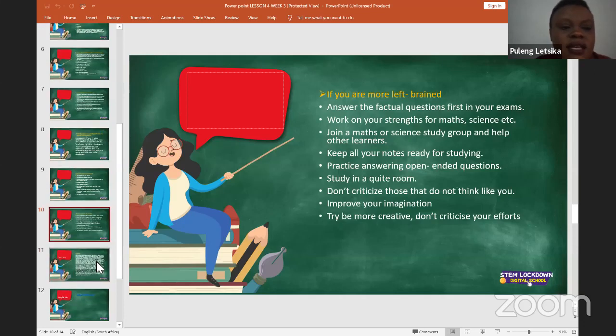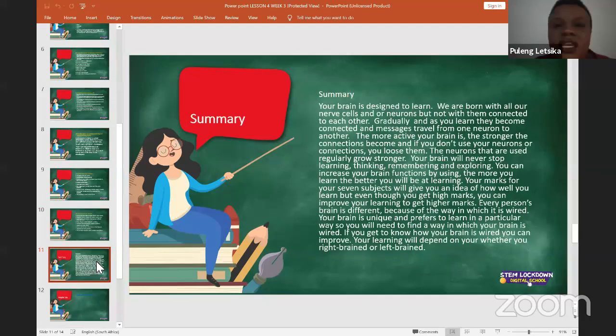And then the summary. The summary is just according to your objectives, so it's directly linked to your objectives. So it's about how your brain is designed to learn. Like I said, from a young age, from being a baby, you already have neurotransmitters and nerve cells, and they just need to be practiced.